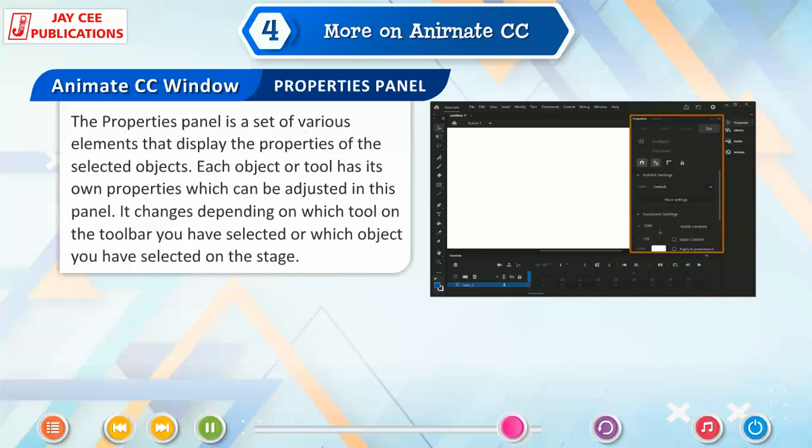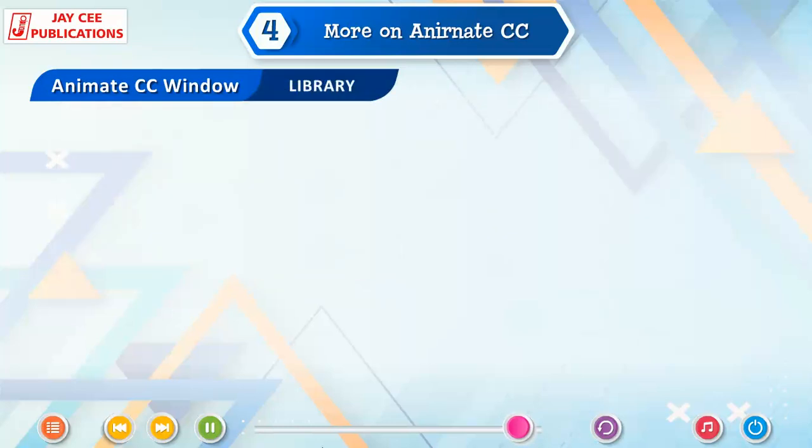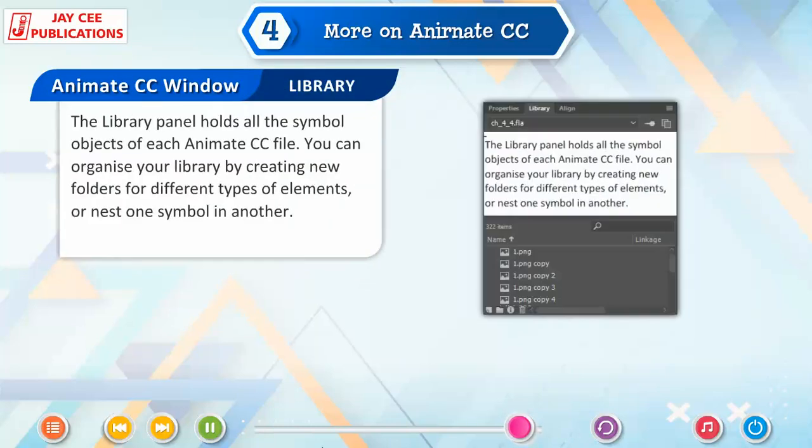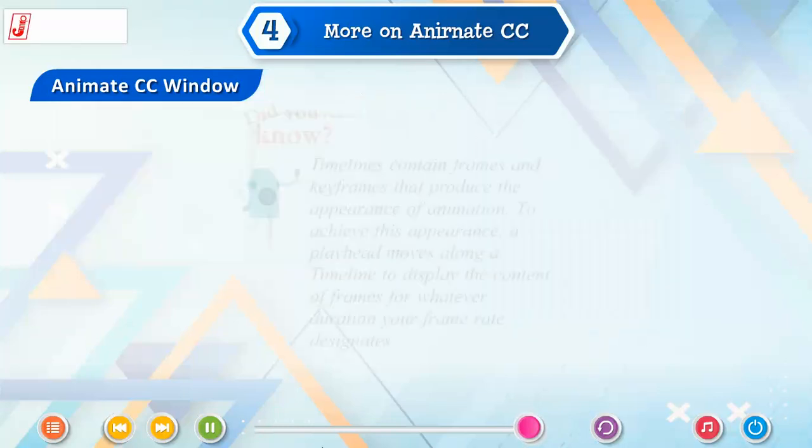It changes depending on which tool on the toolbar you have selected or which object you have selected on the stage. Library. The Library panel holds all the symbol objects of each Animate CC file. You can organize your library by creating new folders for different types of elements or nest one symbol in another.